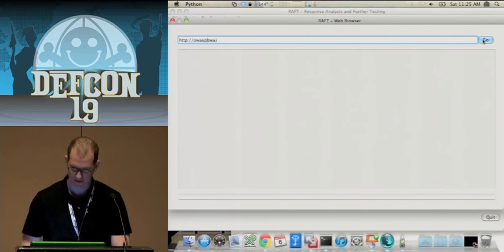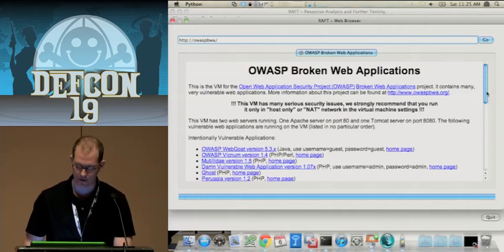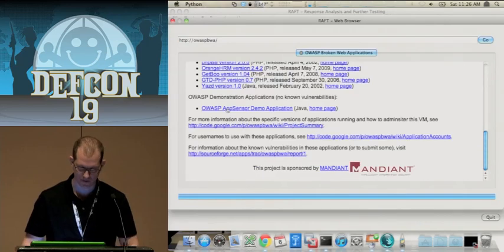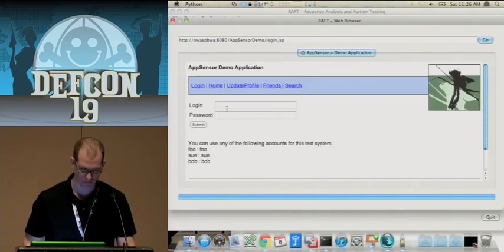So we just have an instance of the broken web applications running locally here. This is a simplistic view of our browser. It's made as a proof of concept, so in the future we're going to have...